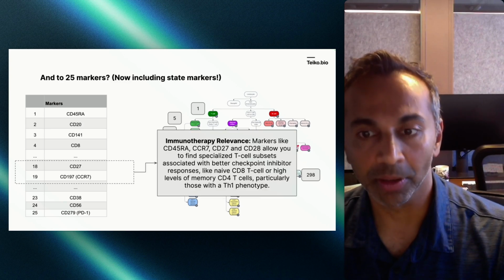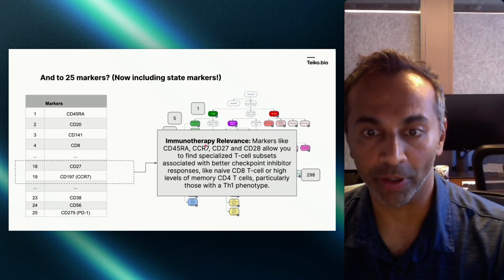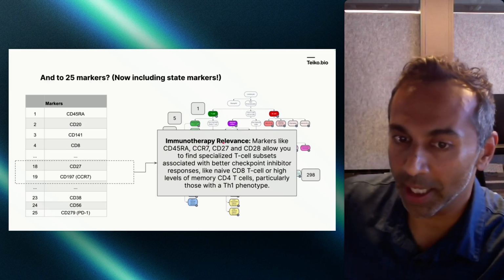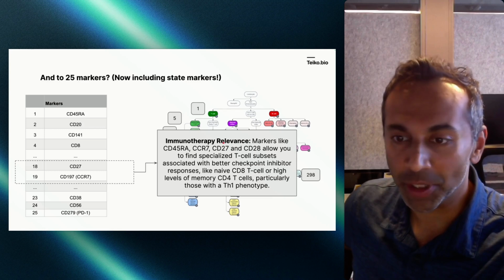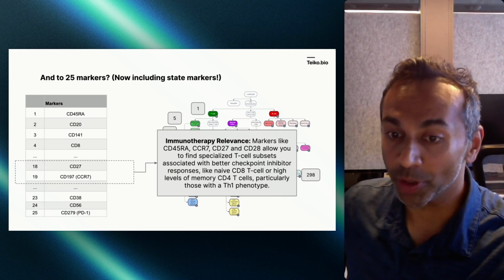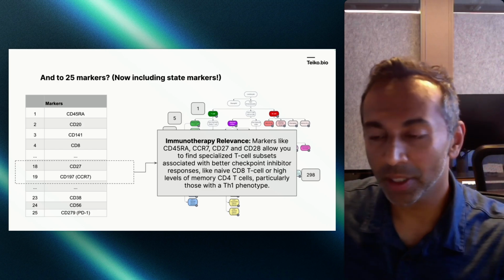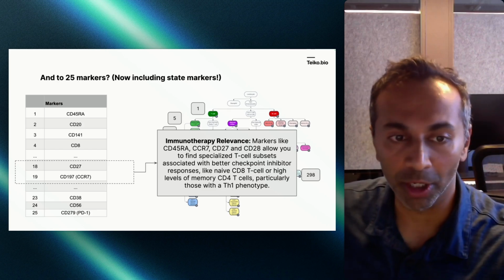So for example, if you add in these additional markers like CD45RA, CCR7, CD27, CD28, you could find specialized T cell subsets that drive better checkpoint inhibitor responses. Specialized ones like naive CD8 T cells or high levels of memory CD4 T cells. So that's the kind of example of something that's